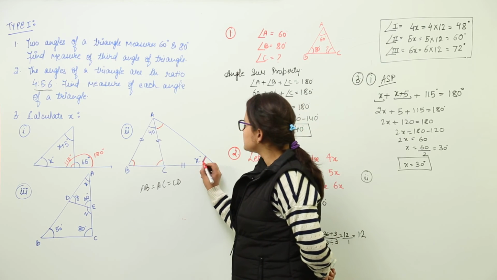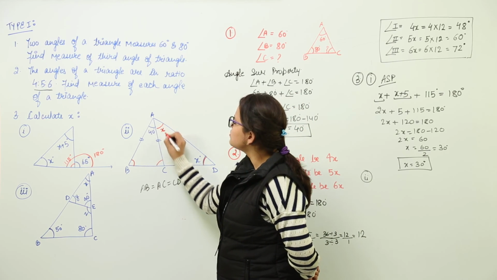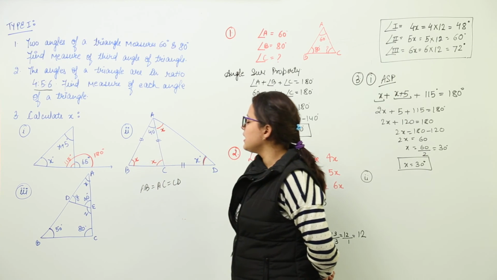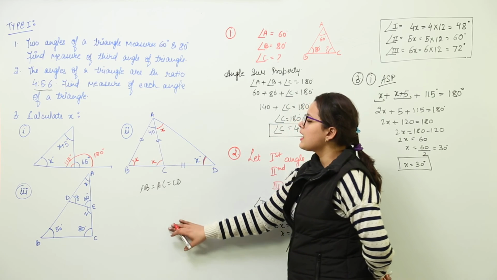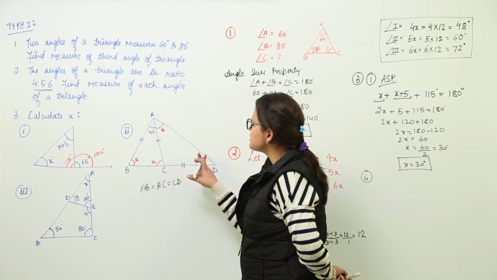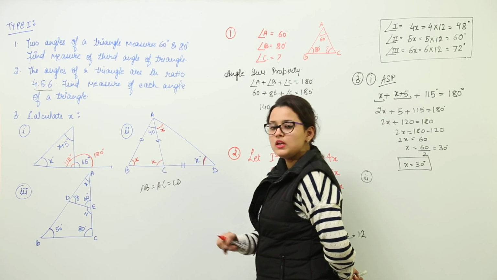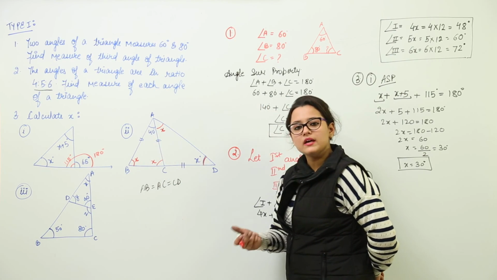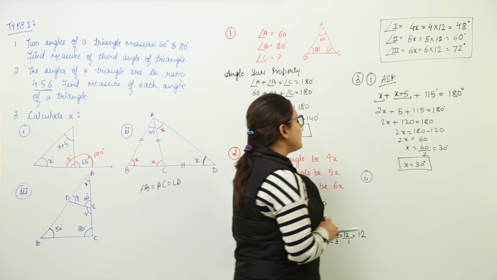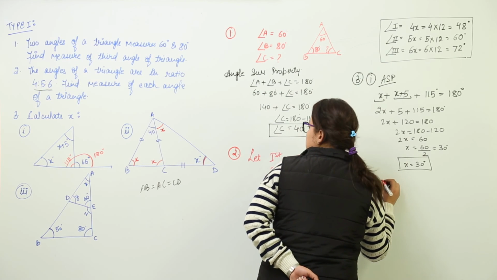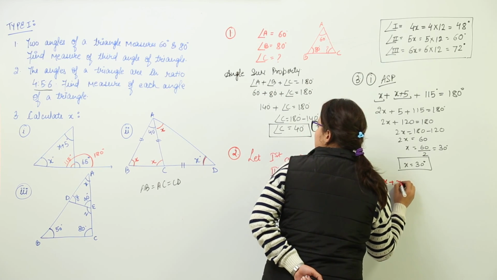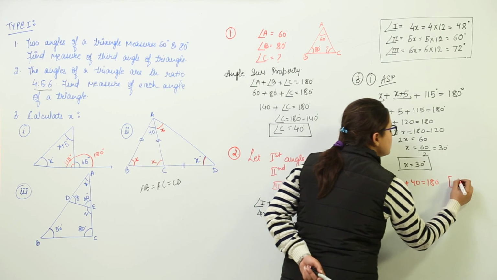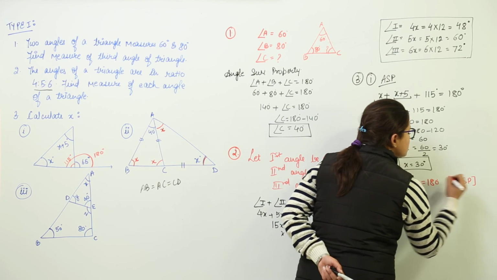That means if this is x, this is also going to be x. If that is x, this will be x, and this will also be x. So simple enough, we have all the angles of these four as equal. Now what we can do is, in triangle ABC, we can apply the angle sum property simply. On applying the angle sum property, we would get angle x plus x plus 40 equal to 180 degrees. We will write over here in short form as per the angle sum property.